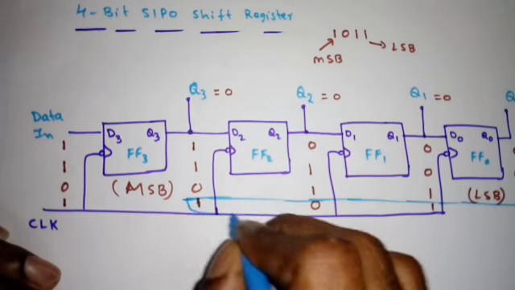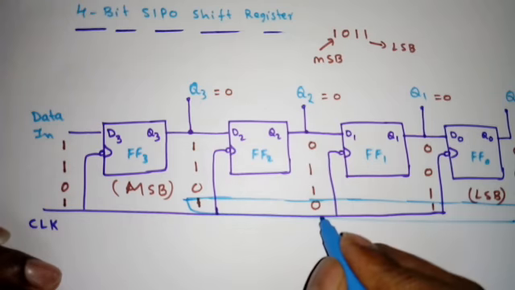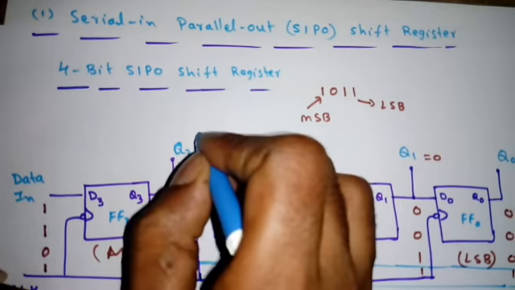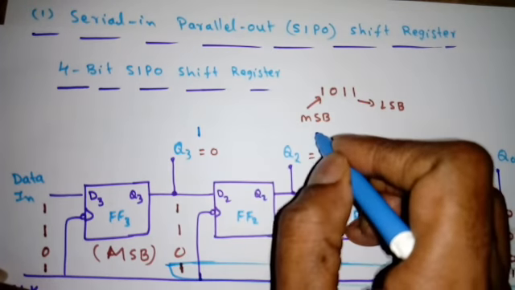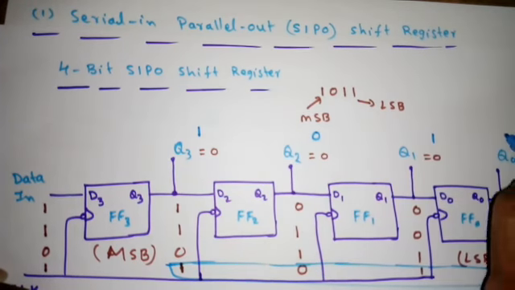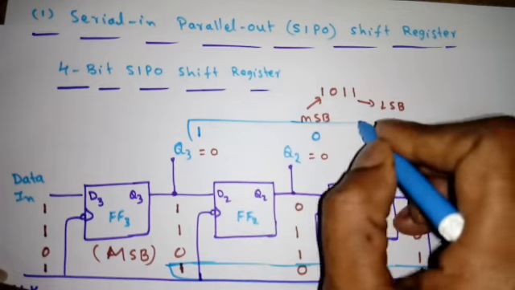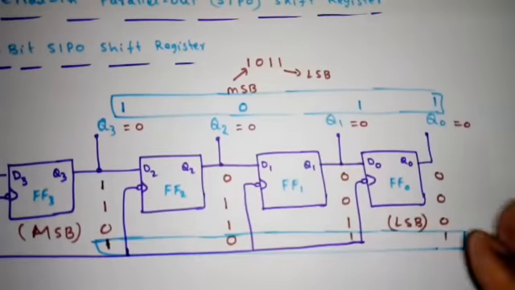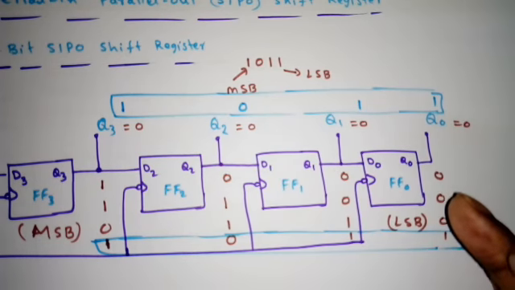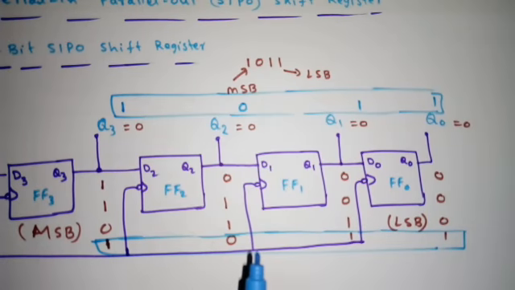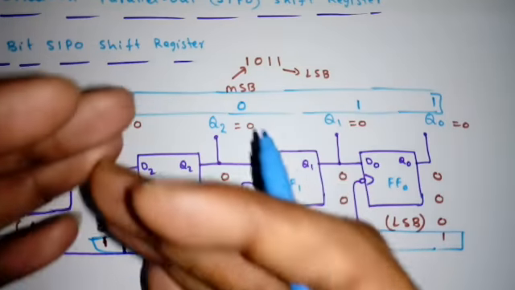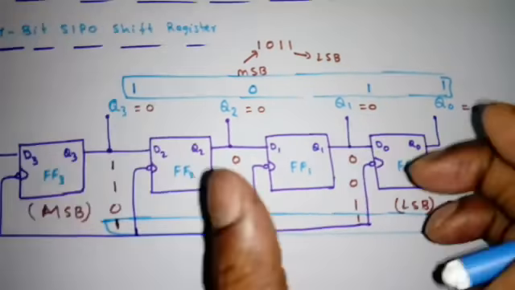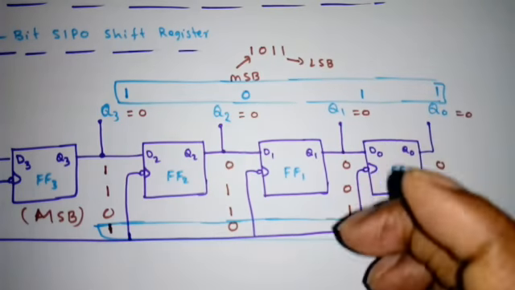See, this is the required information. So what is this? 1011. So the moment the Q3 output is 1, we can take it out. Similarly, this is 0, this is 1 and 1. See, parallelly we are taking the output. So after 4 clock pulses the data is available, so we can take it any time we want, right? In the serial in serial out shift register, we need extra clock pulses to take out the data,